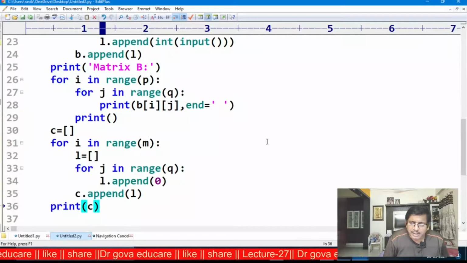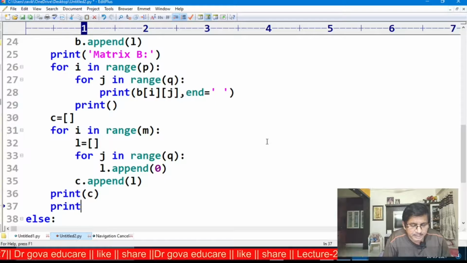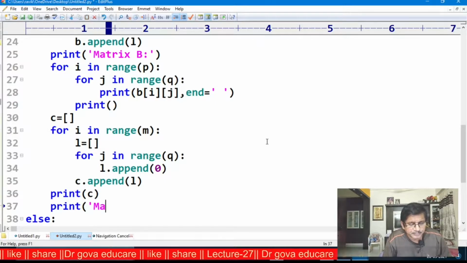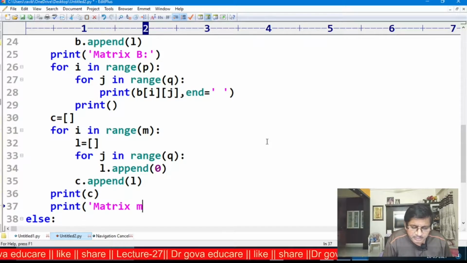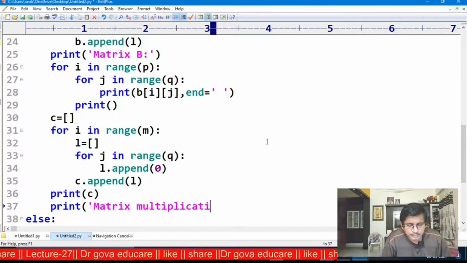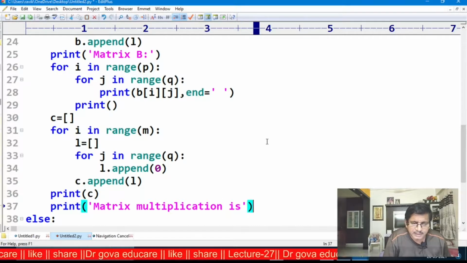Now I perform the matrix multiplication. Print matrix multiplication is.